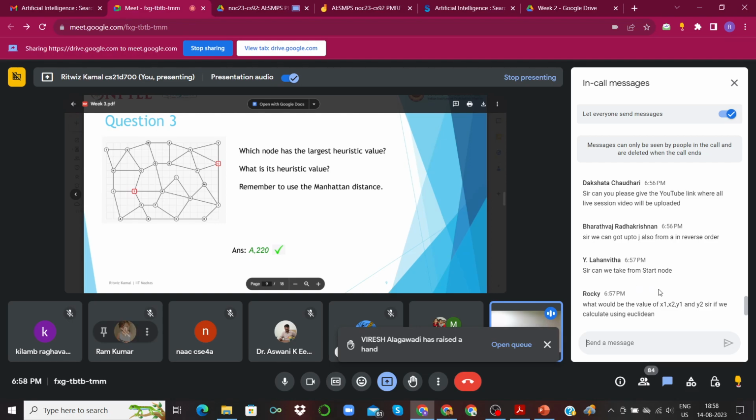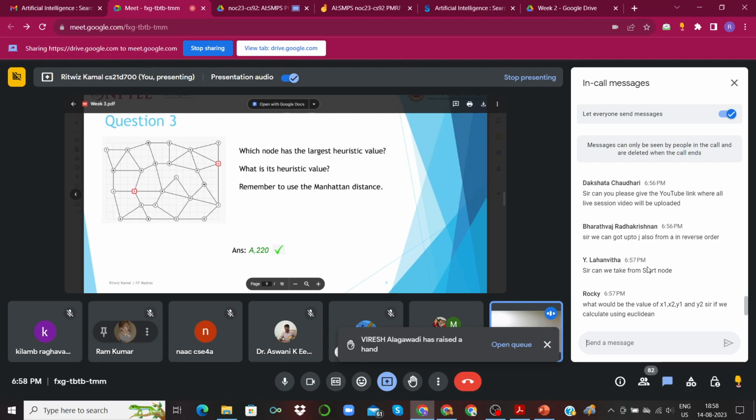If you're asking about whether we can follow the edge, since this is an undirected map, you can always follow any direction that is possible for you. But whether that will be allowed by the algorithm that you're employing or not, that is what you have to see. Anyway, we are diverting.